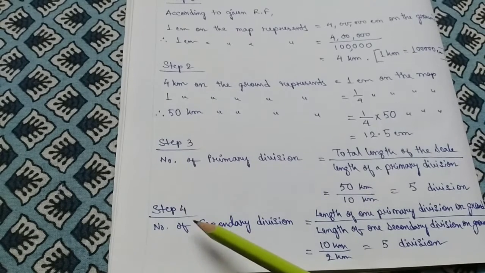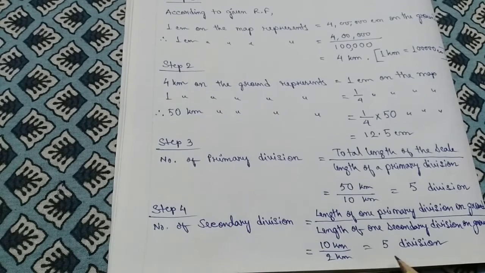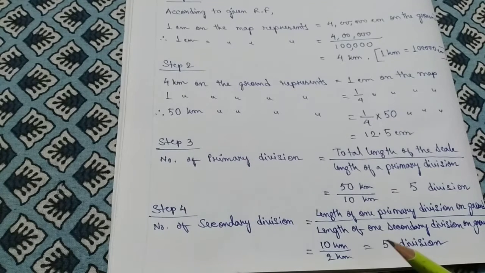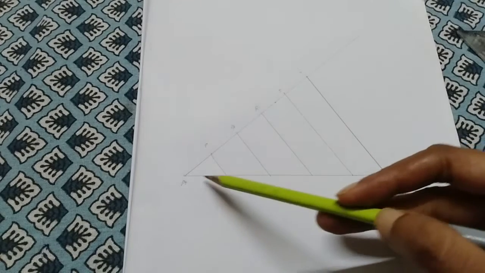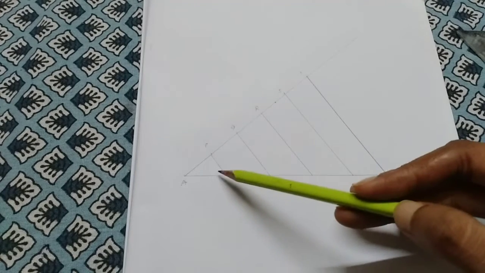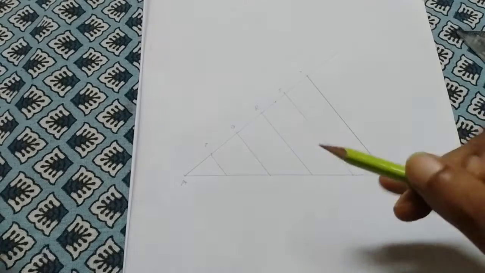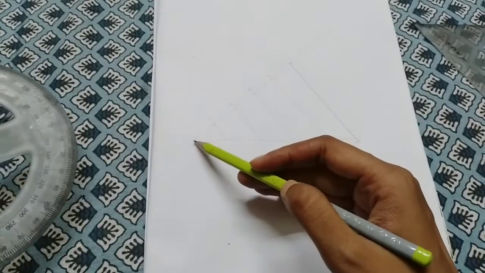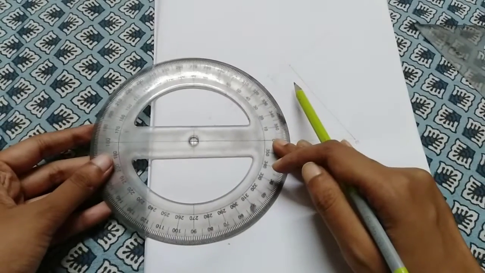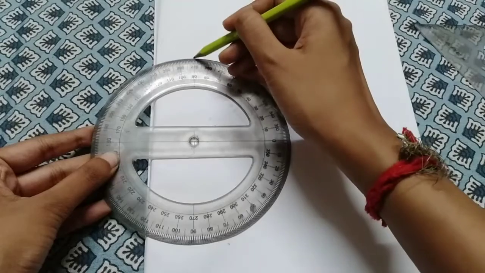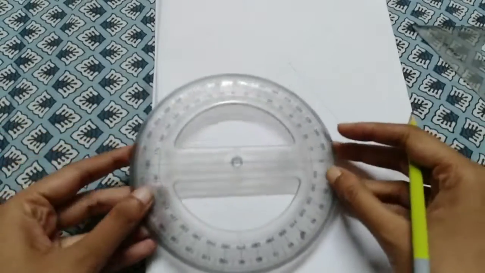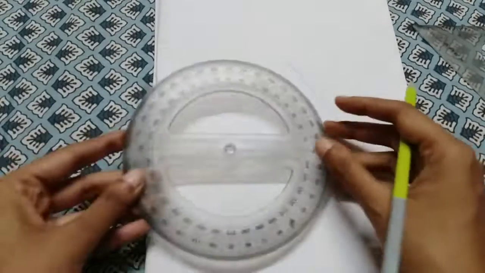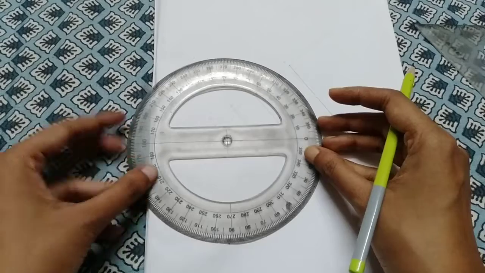Now step 4, the last step, number of secondary divisions. How many will we draw? 5. I'm sorry, I have to draw 5 divisions. Now for making a secondary division, we have to divide it into 5 pieces or 5 divisions. So at the first point A, I'm putting my protector and making a 90-degree point over here. Same as I'm putting my protector on the first division of the primary and making a 90-degree